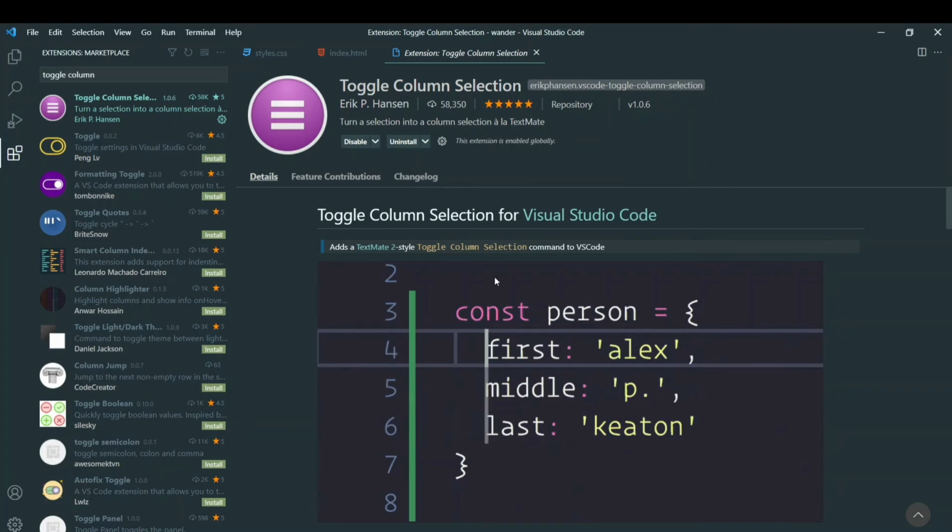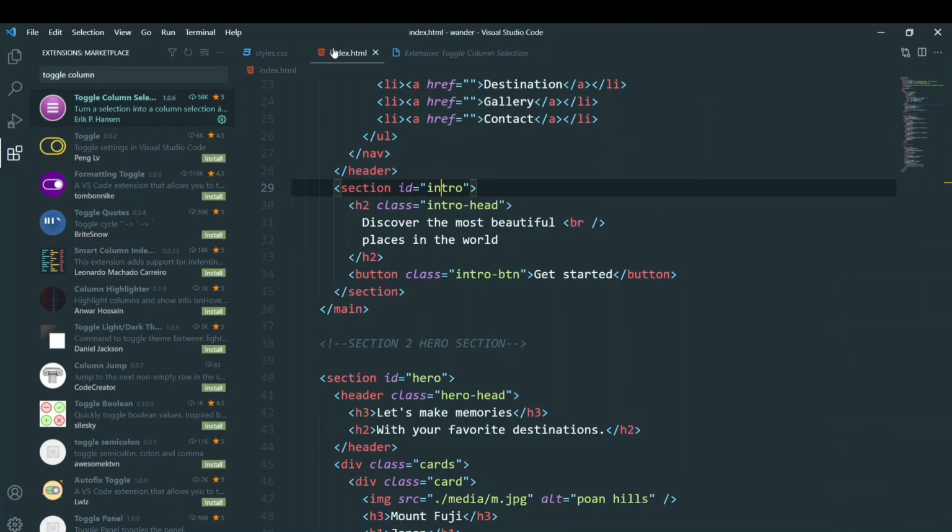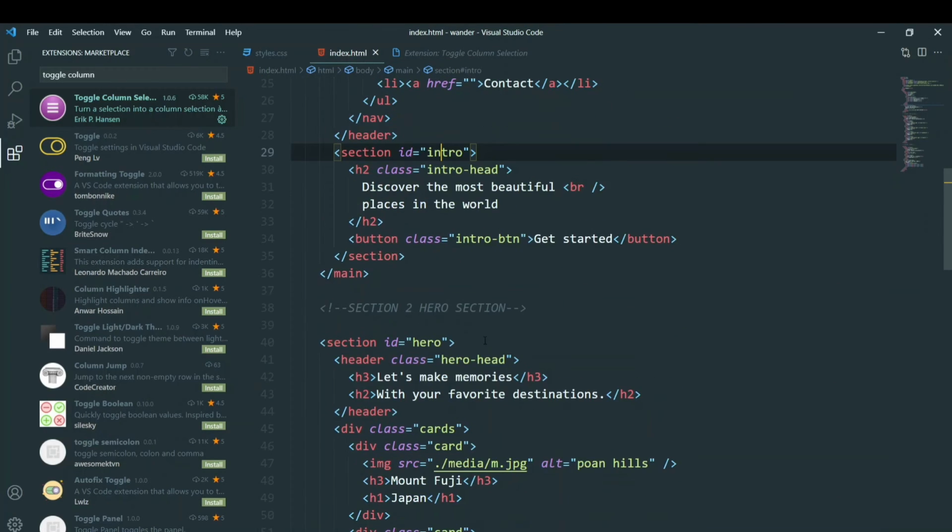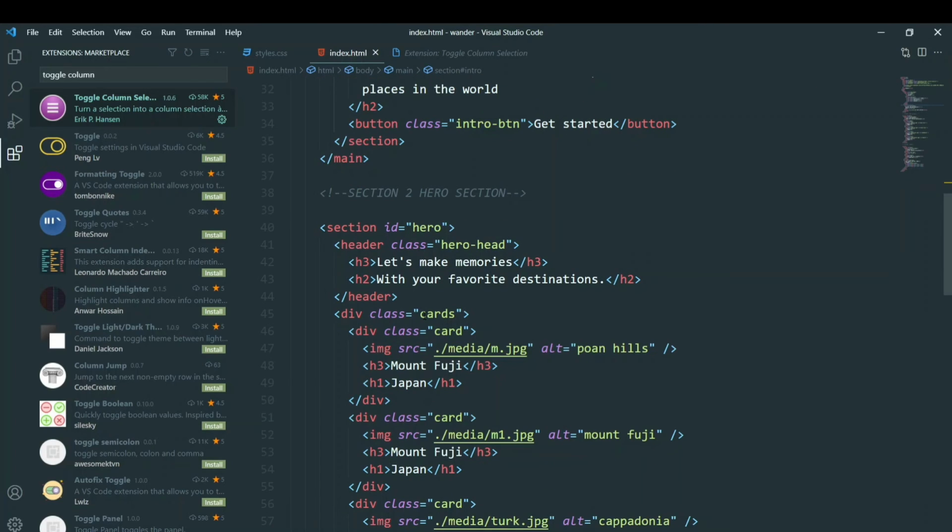So what it allows you to do is, suppose you're adding a class to a particular element and you have 3 to 5 elements that have the same class name. Okay, so what you have to do is either you can copy paste, or suppose I have this over here and I want to make changes to it.